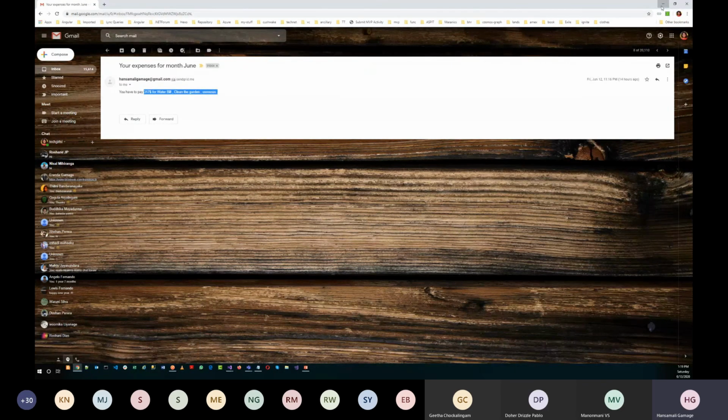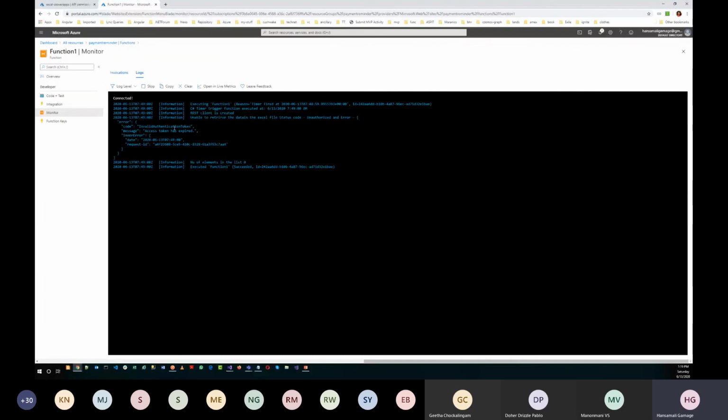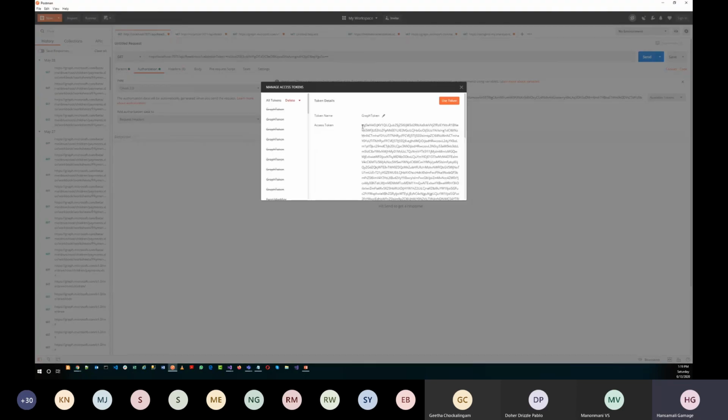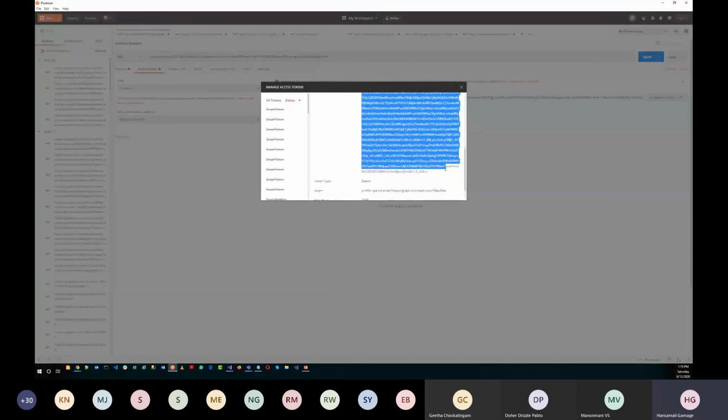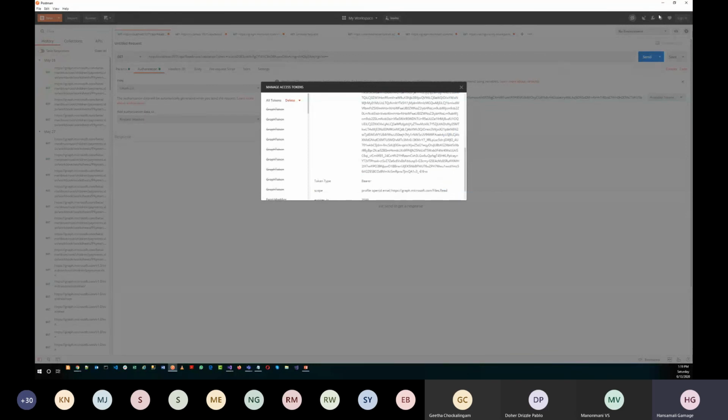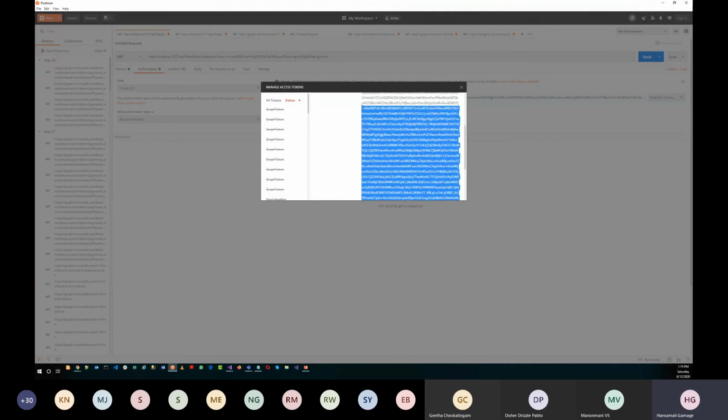Okay, so we got something here. It says invalid authentication token, so the token has expired. I will paste this new token here. I hope it got copied.